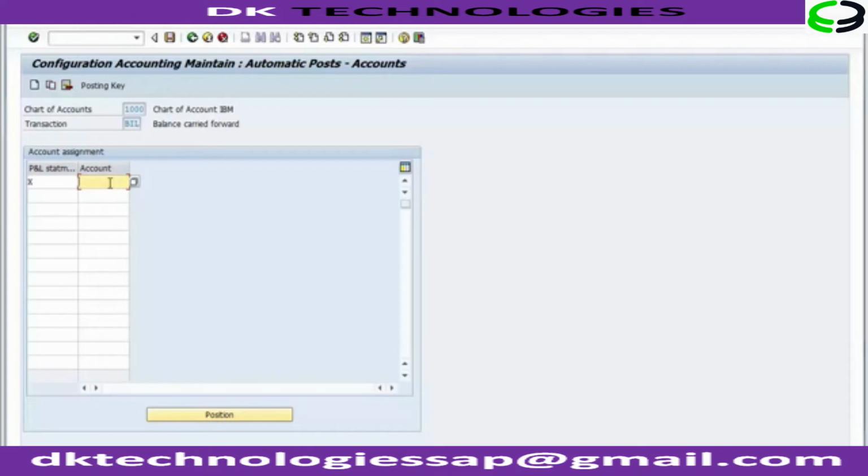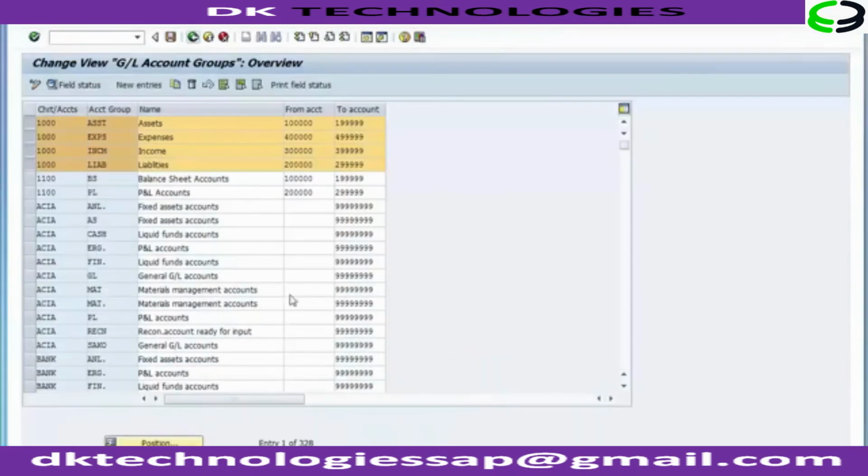Now what number will you assign over here? If you go to your account group, retained earning belongs to which particular head of these? Retained earning basically belongs to liabilities. So in that case, I have to assign a number range, a ledger number from this particular group, that is from 200000 to 299999. So suppose I assign the GL as 200000